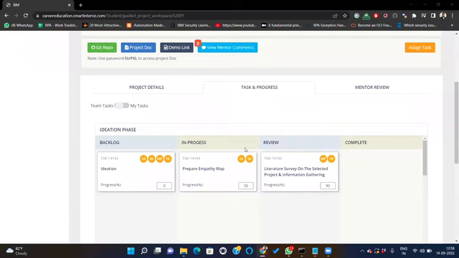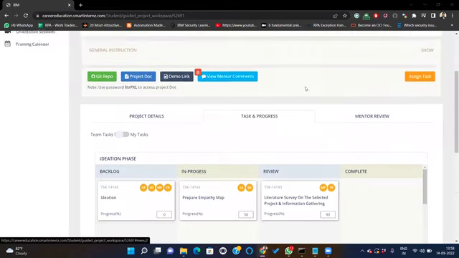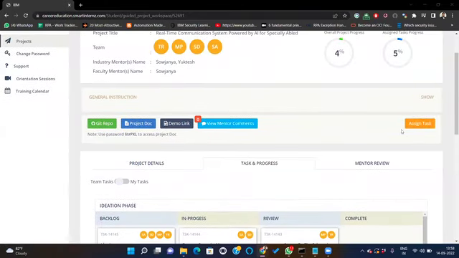Thank you. So now, let me tell you about the students who have already assigned. We have brought in a new feature now, that is assign task. Here you are seeing a button called assign task, right? This button is actually a reassign button.